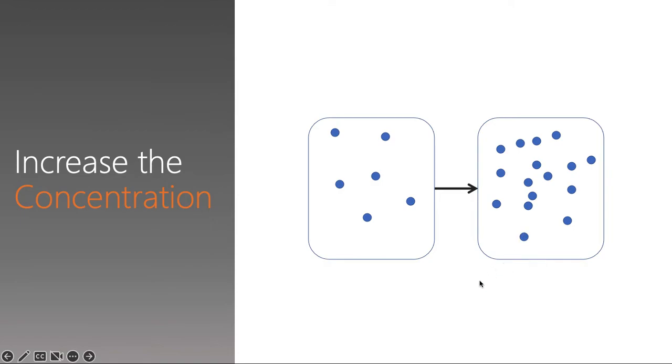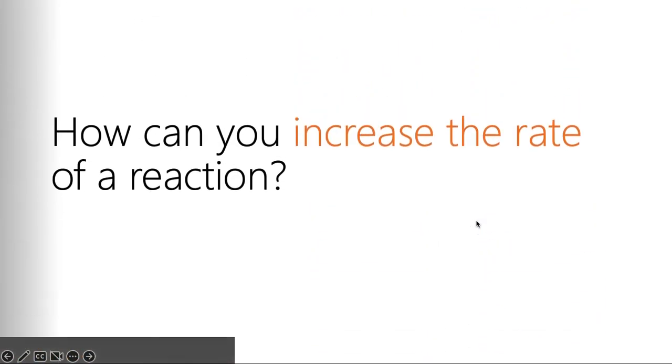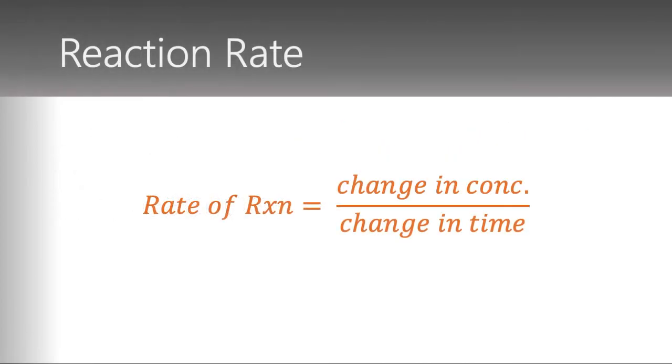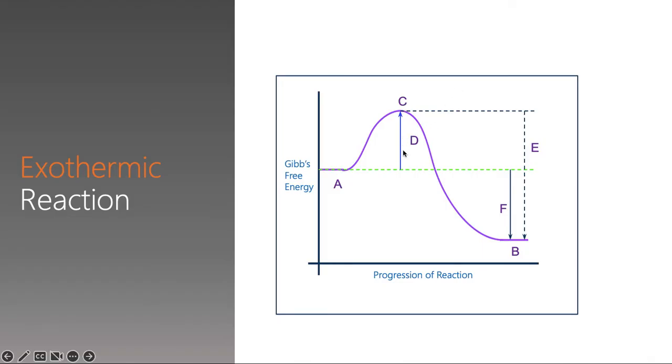And so as they have more energy, they can overcome this transition energy of activation here a lot easier because they're moving faster, so they can get over that